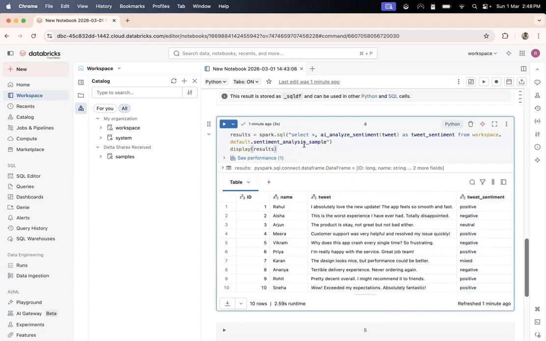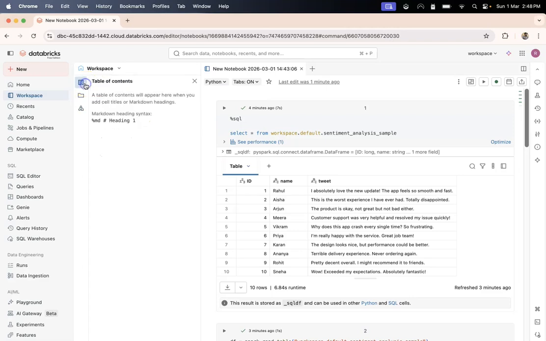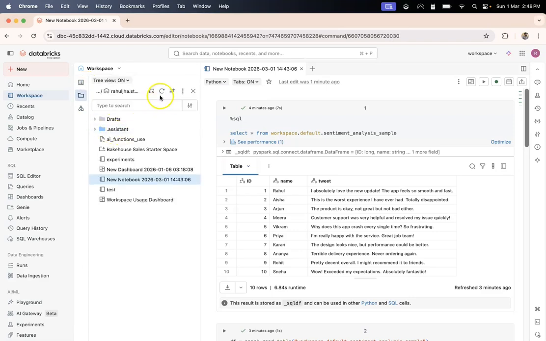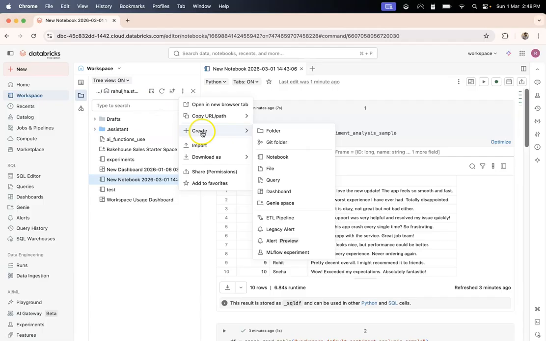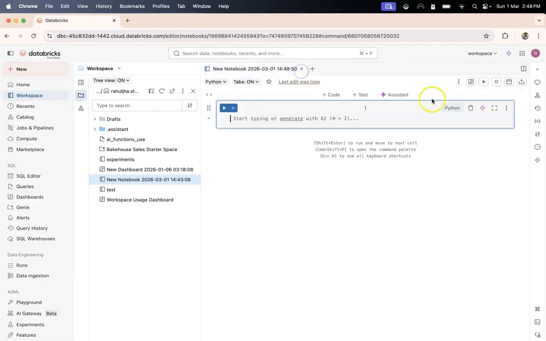Okay, so how can we create this job? What I'll do is I'll create a new notebook here. One second, let me go to workspace. Yeah, so I'll just create a new notebook, and here also I'll attach this serverless instance, and I will name this notebook, not hourly, because hourly I won't be able to demonstrate in this video because I'll have to wait for 1 hour.